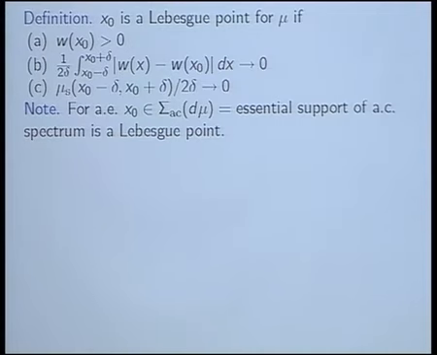And to state the first theorem, I need a definition, which is almost a standard definition. We add one extra condition. So it's what I mean by a Lebesgue point for the measure mu. So basically, I mean a Lebesgue point for the weight in the classical sense of Lebesgue, that the average of the weight over an interval with absolute values goes to 0. The 2 extra conditions is I only want to consider points where this average weight is positive. And second of all, I want the